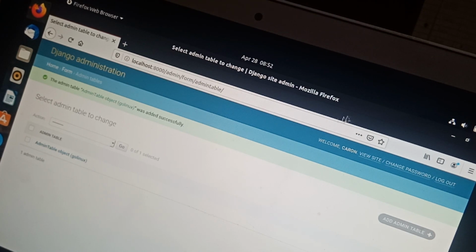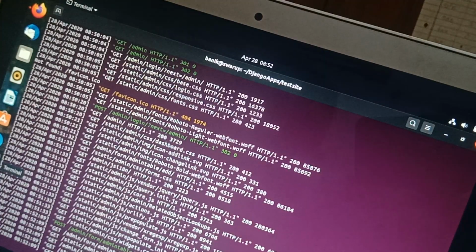Save. Now we go back. We need to create a form, so we have to go and create a form.